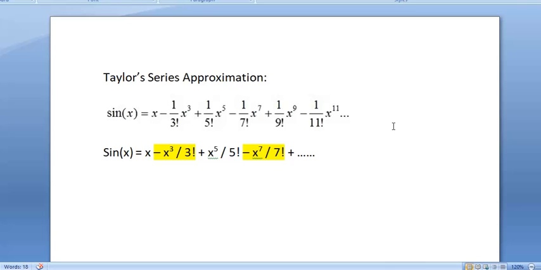When we are calculating any sine value, this is the series. You can see this is how it is written, and it is continuous. So what would be the next term here? Minus 1 divided by 11 factorial x raised to 11. After that we get plus 1 divided by 13 factorial x raised to 13, and so on. So this series will keep on going, and it is an infinite series. Infinite series means there is no end for this series.